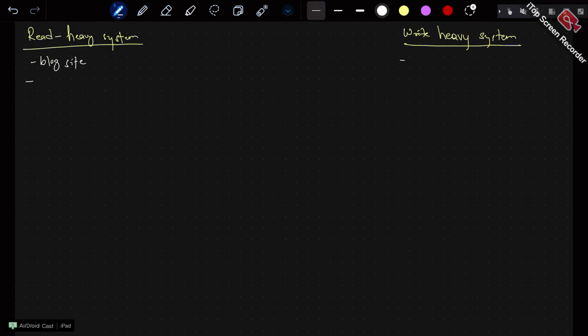Read heavy, write heavy, yes. Based on scenario, in most of the cases we do have both the scenarios. Okay, read heavy, write heavy system, read plus write heavy system. So we deal with these systems in a very similar manner, I would say. Okay, so what happens in a read heavy system is, how do we scale out the data?